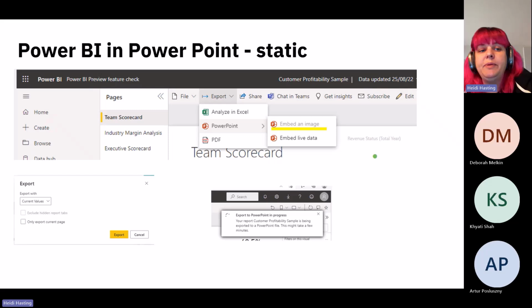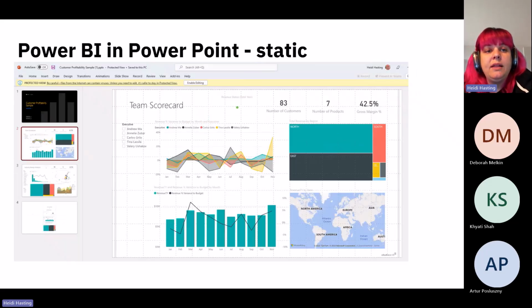Once we've done that, we can specify, are we doing it with the current values, like if we've got some filtering applied or not, and whether we only want the current page or the full actual Power BI report. We go and say, yep, set everything, hit export. We get the nice little spinny wheel to say, yeah, exporting in progress. We'll let you know when it's done. Once it's done, we get the little link that says open up our PowerPoint file, and we have static copies